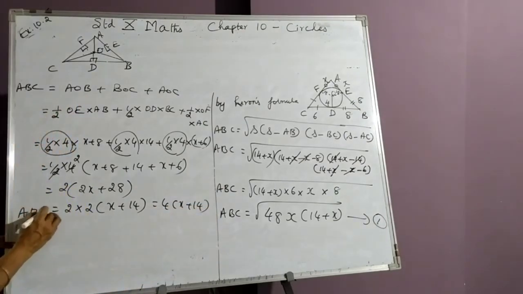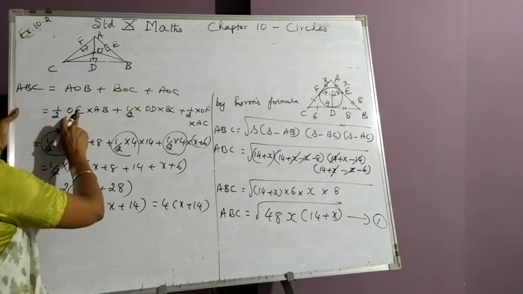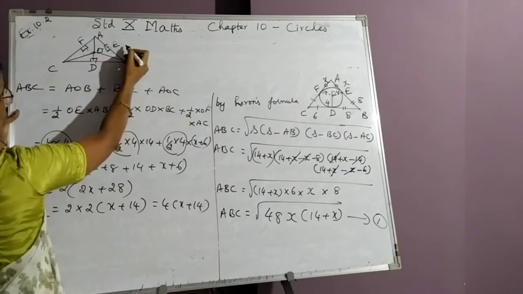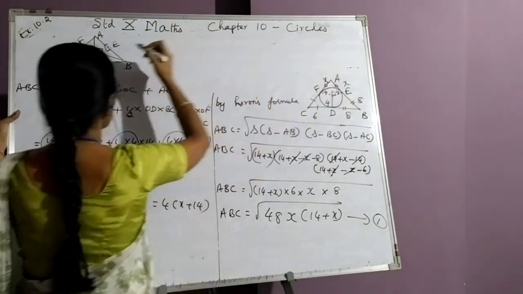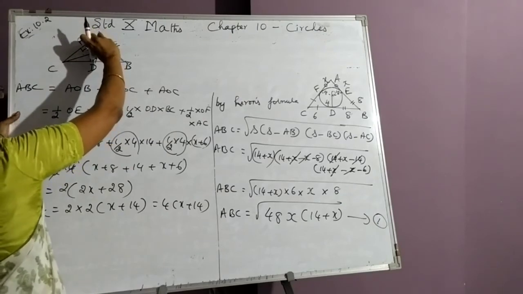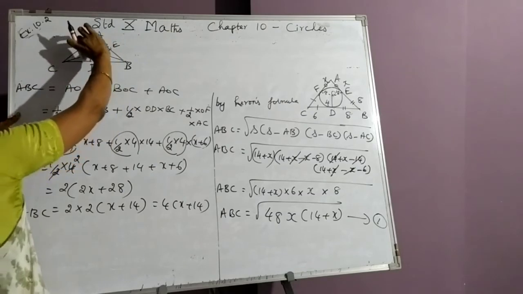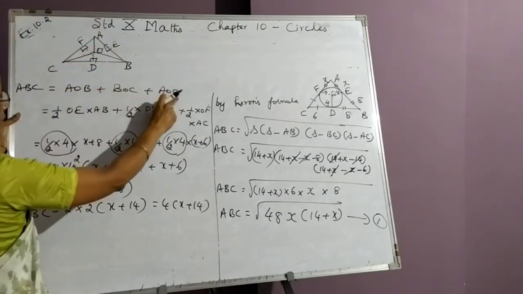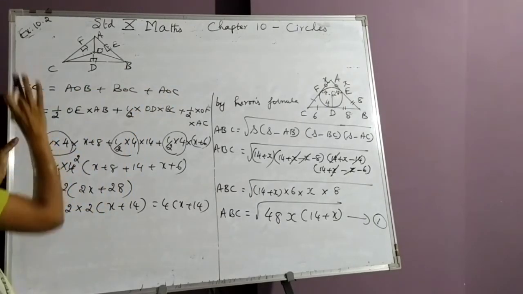This is also area of triangle ABC. Here, what is the formula we have used? It is half into base into altitude. This is the altitude because it is perpendicular. Why is it perpendicular? Because AB is a tangent and OE is the radius of the circle. Therefore, E is 90 degrees, D is 90 degrees, and F is 90 degrees. So if you take this triangle, this is the altitude and this is the base. Area of triangle ABC is split as the sum of all the 3 areas.